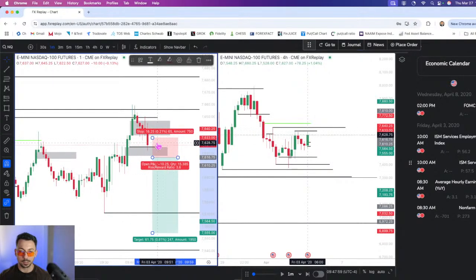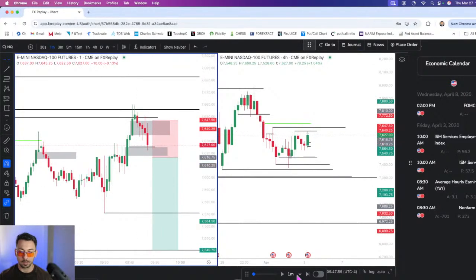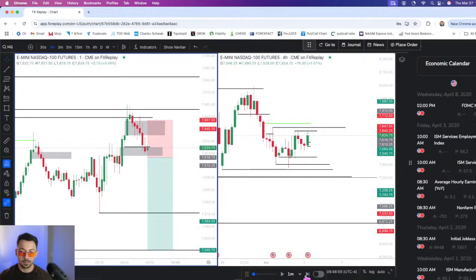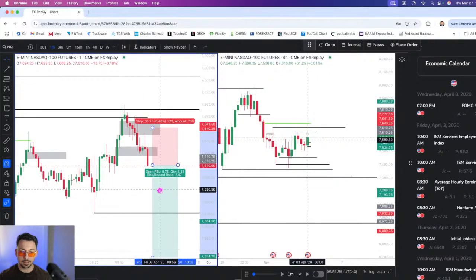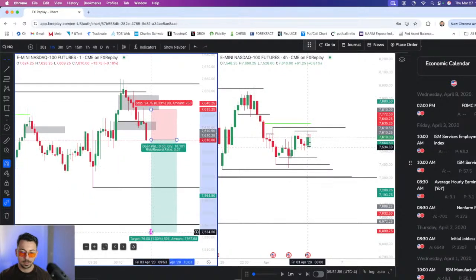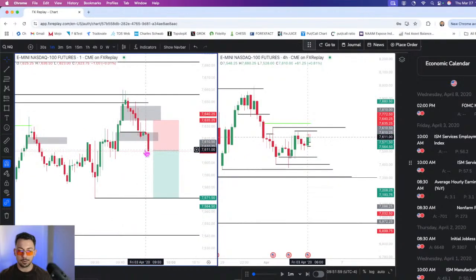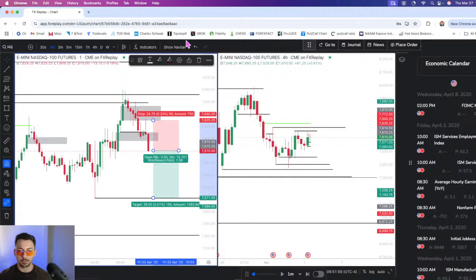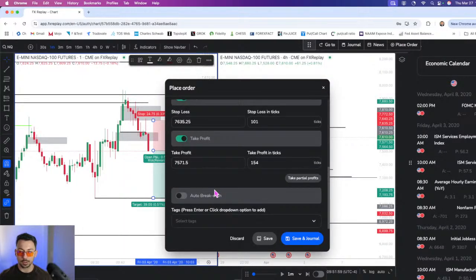But then the risk is a little bit higher, right? We'd have to keep our stop above both of these and target the low and then the data lows. So let's see what plays out here. Okay, I'm not sure, but I think this is considered a close below. See, this is why I don't like FX Replay that much, because I don't know for a fact that this is a close below, but let's try this. I'll do it again with a half position, just in case I'm wrong.